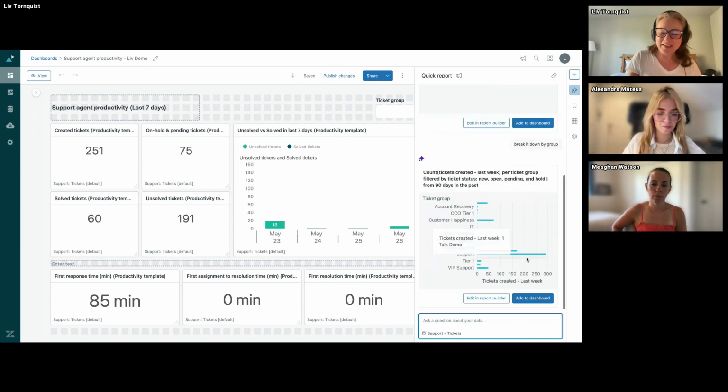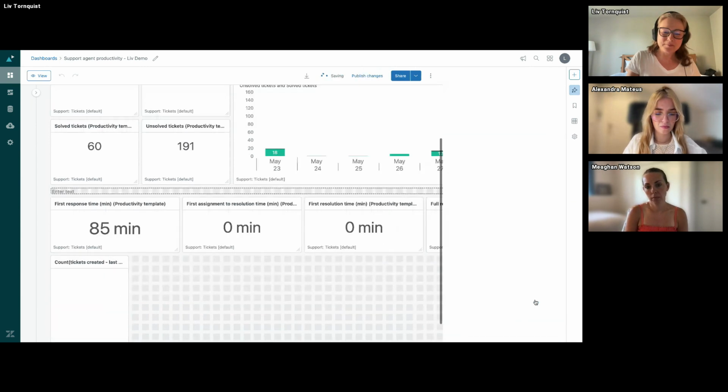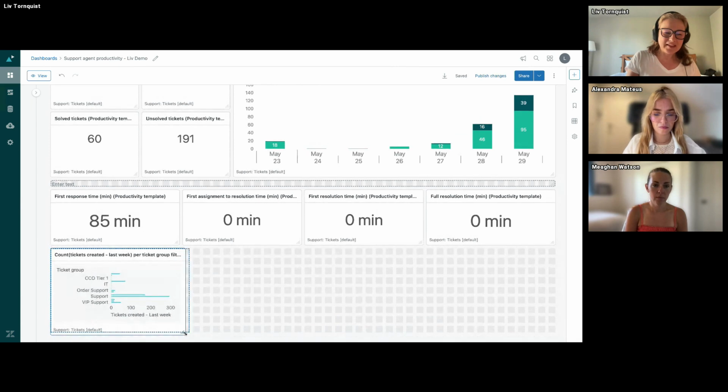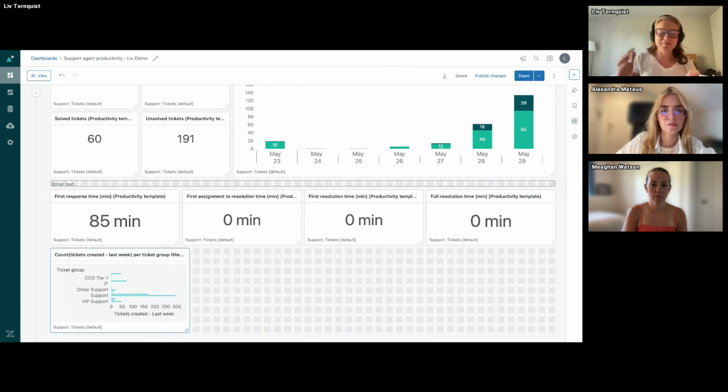But for the time being, what I'll do is that I'll add this widget to my dashboard right here, and I can resize it a bit here on my dashboard. And with that, I can keep an eye on if we can see some good progress on getting that backlog minimized, hopefully very, very shortly. And that was a quick demo of prompt-based reporting, and I'll stop sharing my screen.